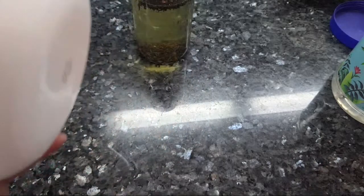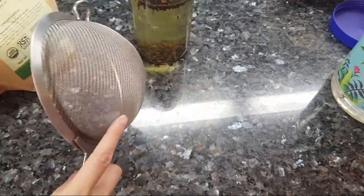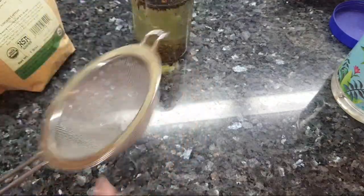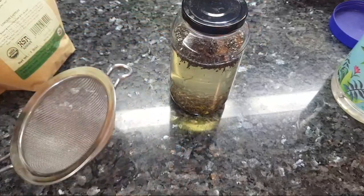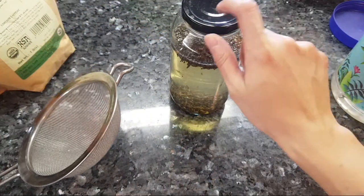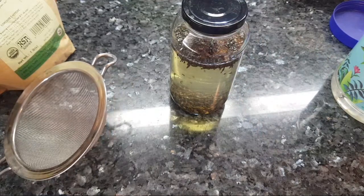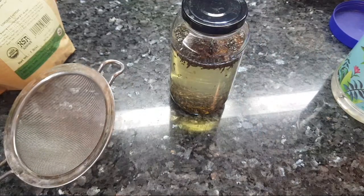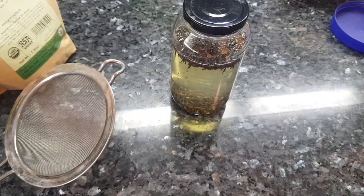So you don't have to buy anything extra. I think a lot of people already have a strainer at home. Make sure it's fine, but not too fine. And yeah, just reuse a glass jar. This glass jar I've taken care of will definitely outlive me. I don't know about the cap though, but it's a good way to reuse things, and it's a good way to be frugal, especially during this aging time. I've shared with you guys how I think it's important to save money, and I hope that my little tip